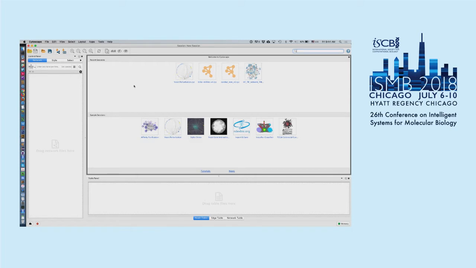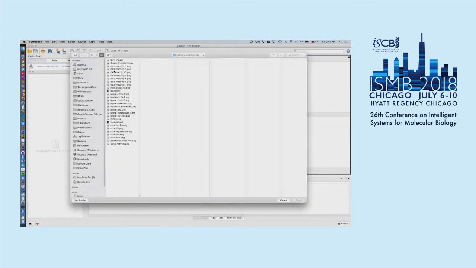So the first thing that I wanted to do before we click on any of the sample sessions, because that's just too easy, is go through a more realistic example of how you would typically work with Cytoscape. So if everybody can go to import network from file. Everybody see that? It's going to bring up a browser, a file browser,